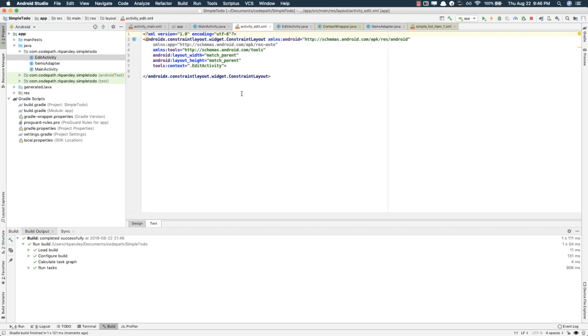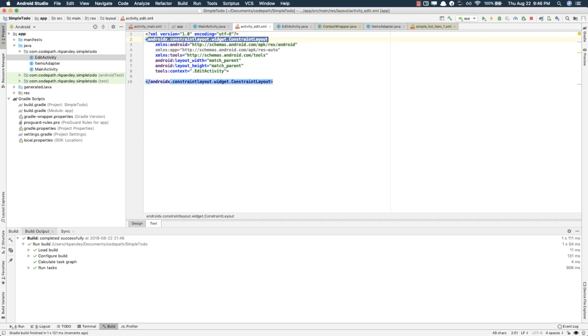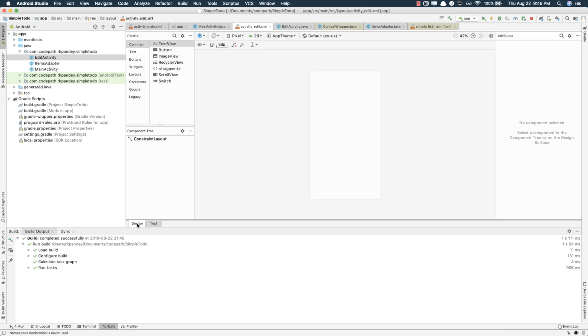If you go into the XML file here, you'll notice again that we have the design tab and text tab. So instead of working with constraint layout, let's change this to be a relative layout, just because relative layout is a bit simpler and easier to work with. Edit activity is going to consist of two simple components. One will be a text field on which we'll populate the contents of our to-do item, and second, a button where the user can save